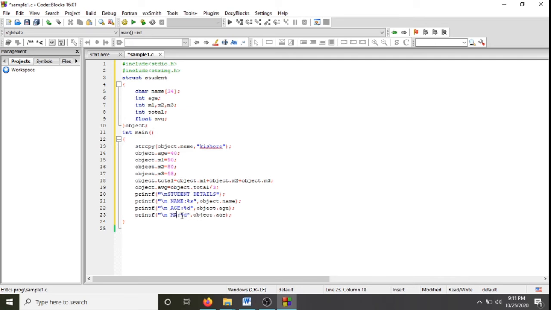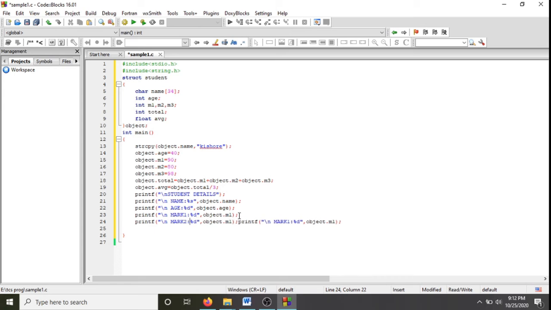The first subject, mark 1, and the actual variable I have declared here is M1, and then mark 2, and then mark 3. So first mark 2.